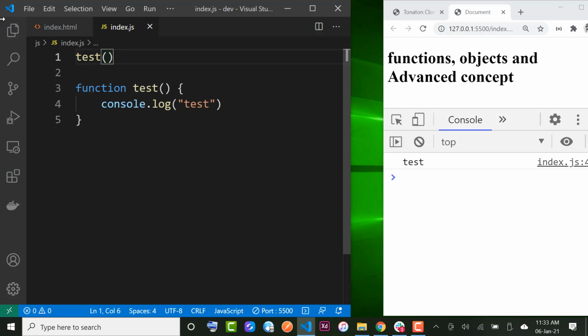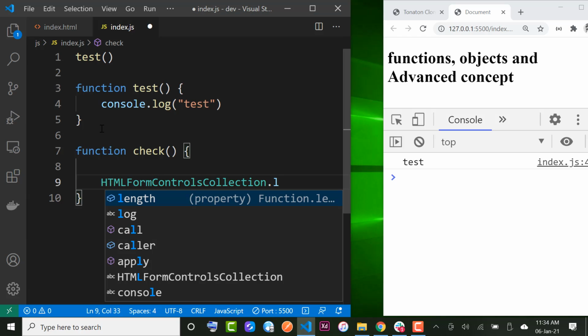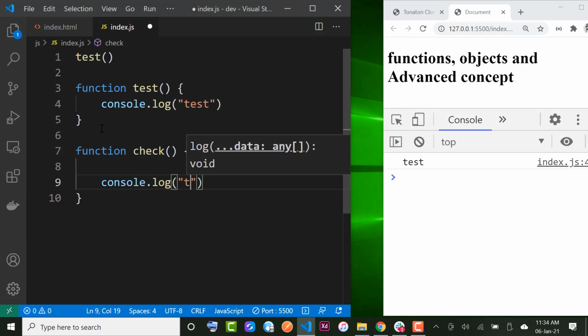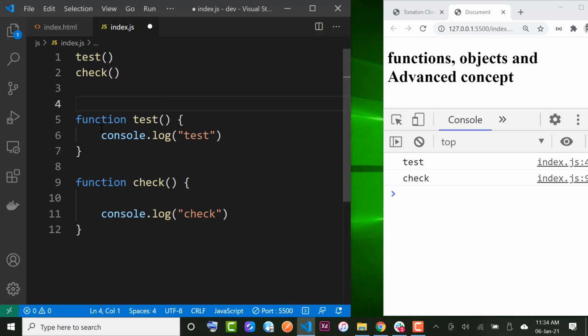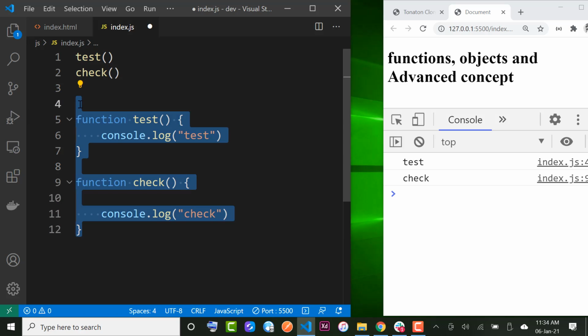Even though we are saying that the code will scan from the top, it will not run this one first. It will scan for this. Assuming we have, say, function check, and then we have check here. The same thing. You understand? So it will not run this code for you first. First of all, it will scan all of